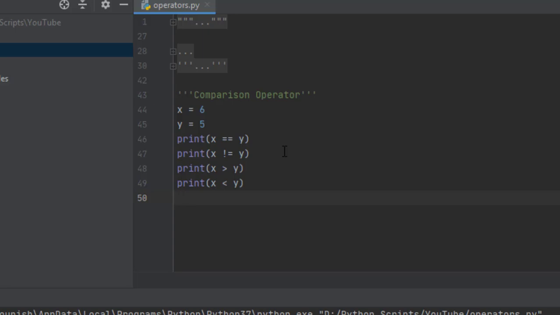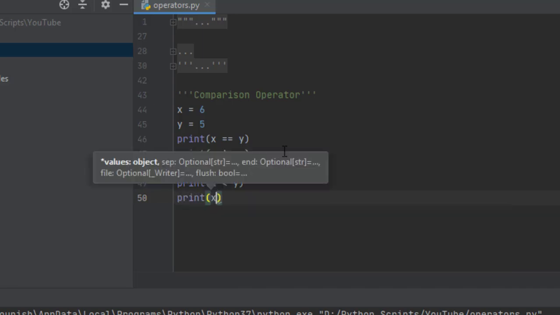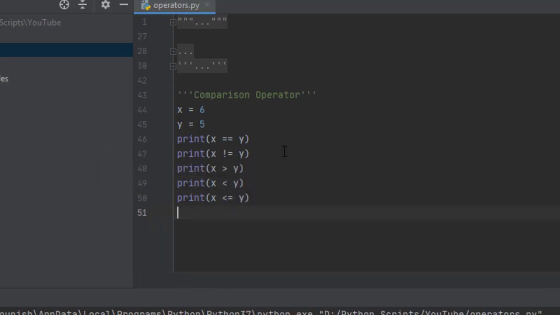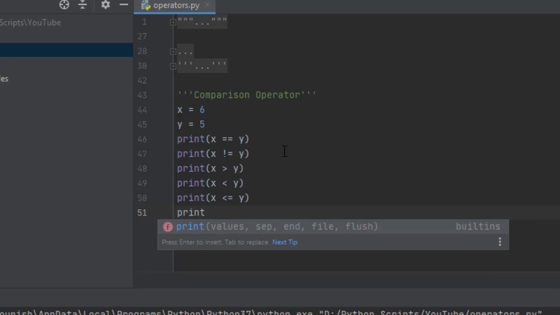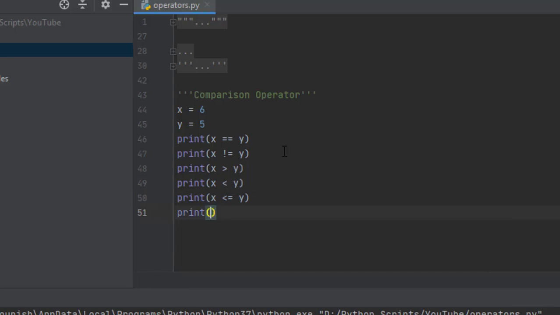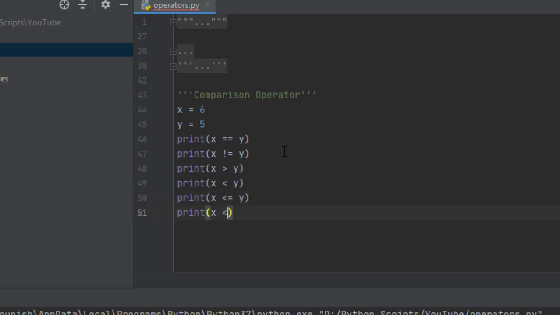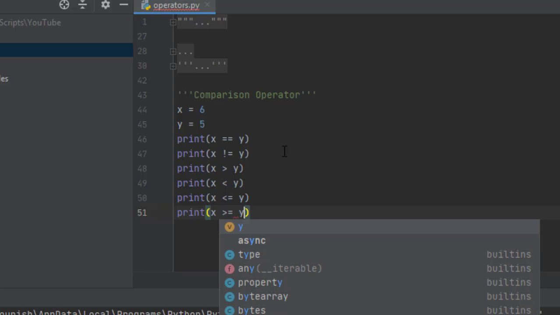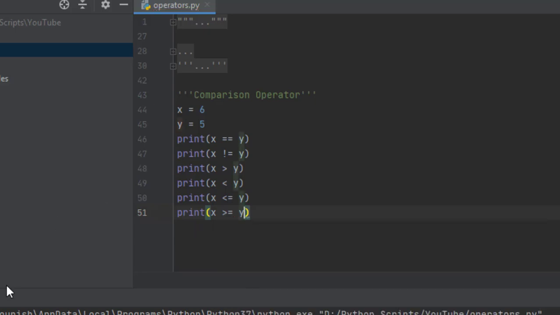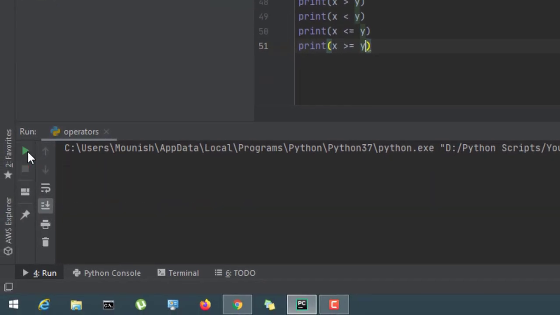We know the operators like less than or equal to and greater than or equal to. If it is equal to, then we'll simply put equal to y, and if it is greater than or equal to y. We'll run it and all the answers will be of boolean type itself.